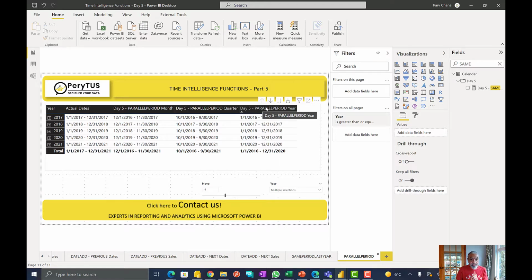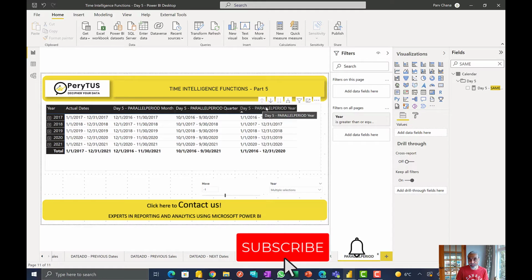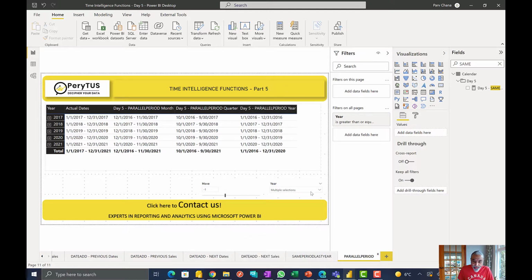There's no day option. Like in DateAdd, we have the option of day as an interval, and we can move backward and forward. But in ParallelPeriod, we can move backward and forward, but only by month, by quarter, and by year. So keep that in mind. So let's look into these